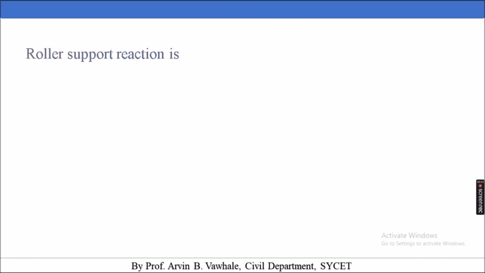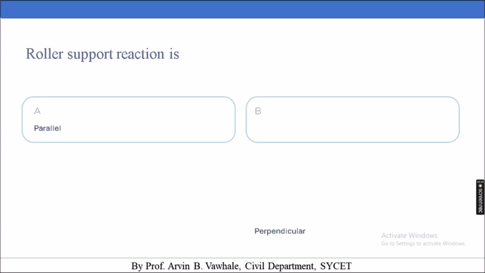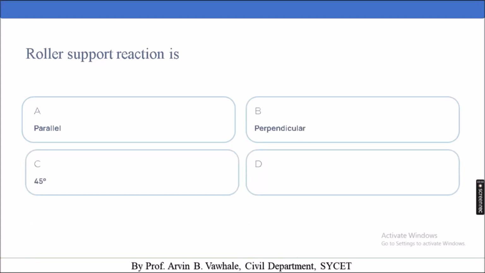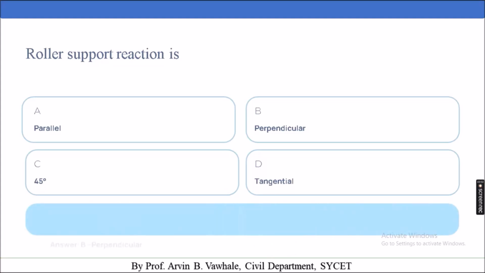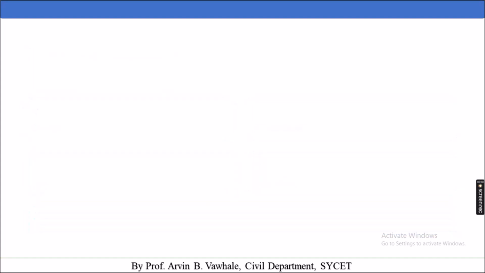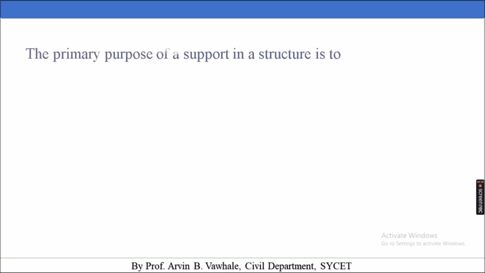Roller support reaction is: option A, parallel; option B, perpendicular; option C, 45 degree; option D, tangential. Answer: B, perpendicular. The primary purpose of a support in a structure is to: option A, provide resistance to applied loads;